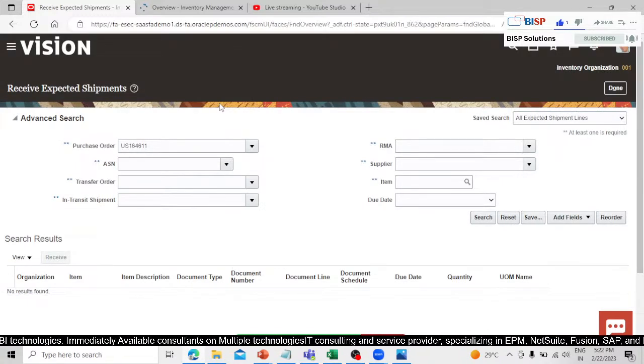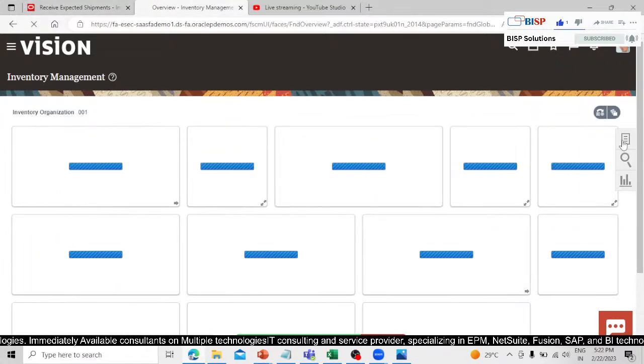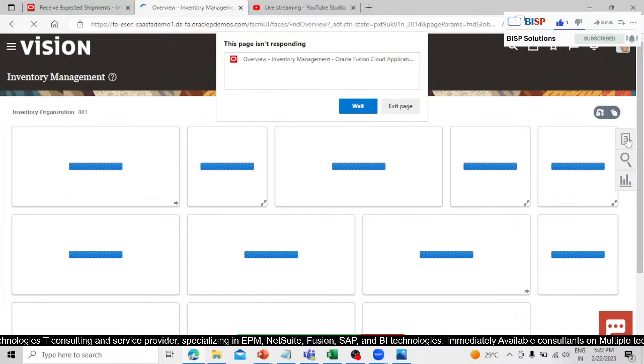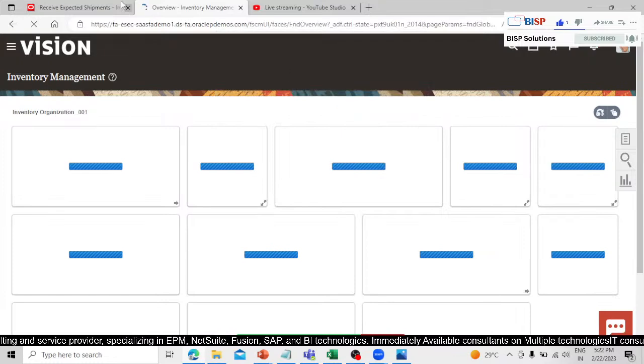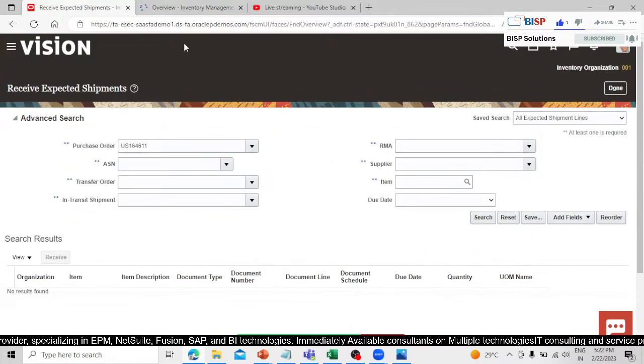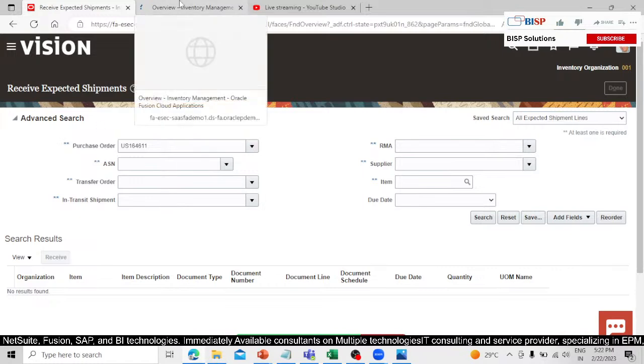Right. So we have received 50 quantity in our receiving area, right? This page is not responding. Let's forget it. No issue. Let's perform our put away receipt task,